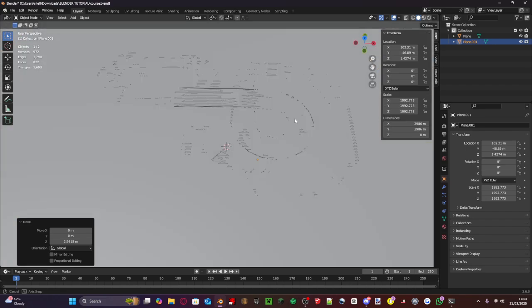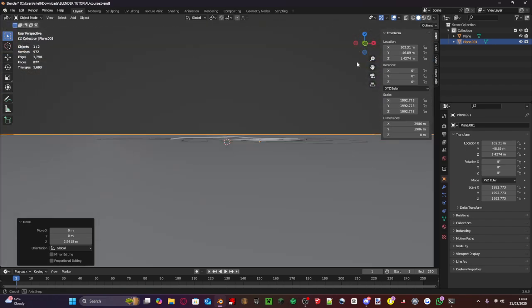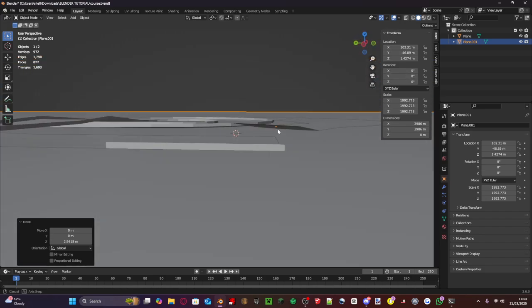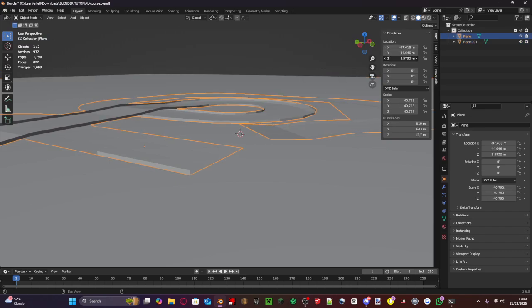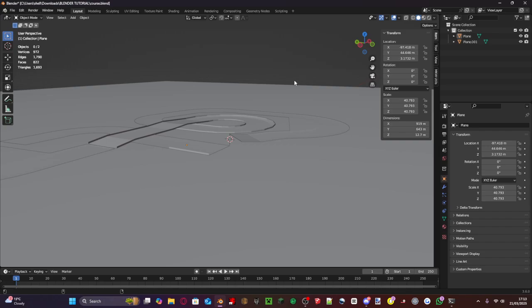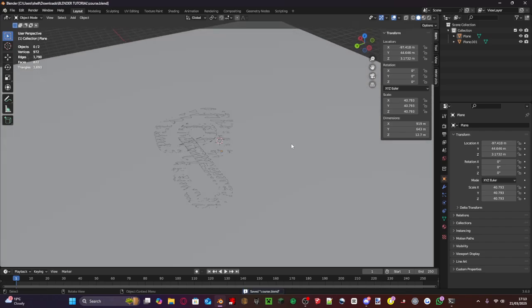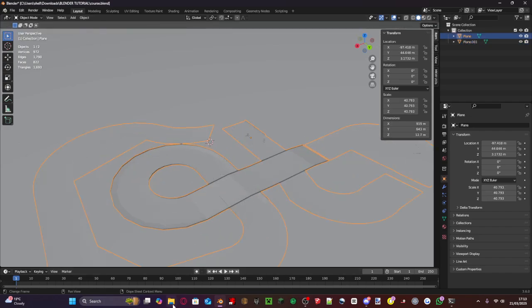But yeah, so now we have all this. Let me just check how close we are to the fall boundary. Oh yeah, we're fine. It's like 1,000 units. Actually, I'm just going to move this up a little bit. Okay, so that looks good. Looks pretty good to me. So now,